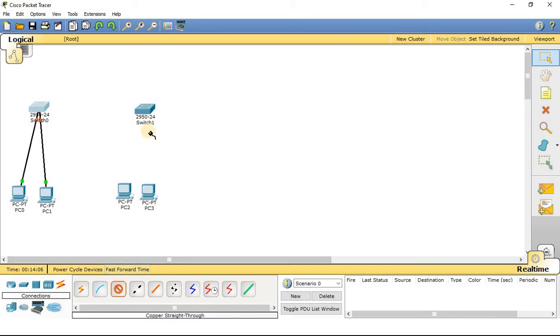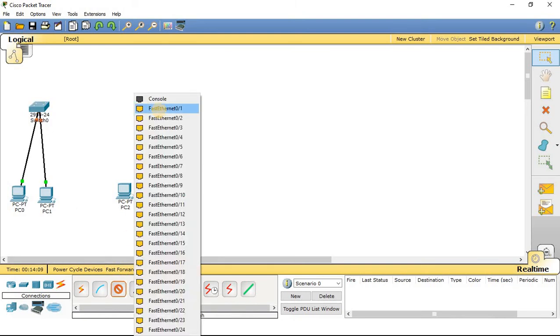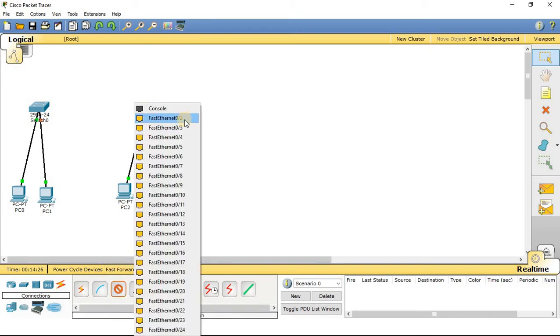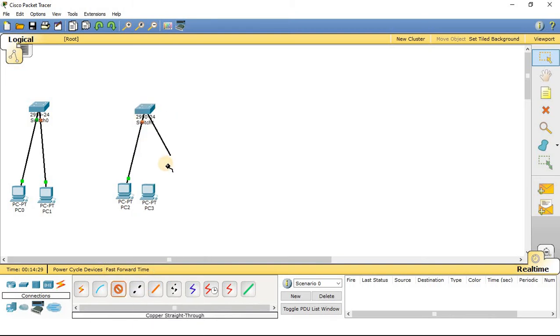Another 2 computers I will connect with this particular switch. Here are 24 ports available in this switch. I will connect the cable to the first port and the other end of the cable into the LAN port of the computer. Let us connect this cable with the second port of the switch and the LAN port of this computer. So I have connected here. Now I will connect both switches using a cross copper wire.